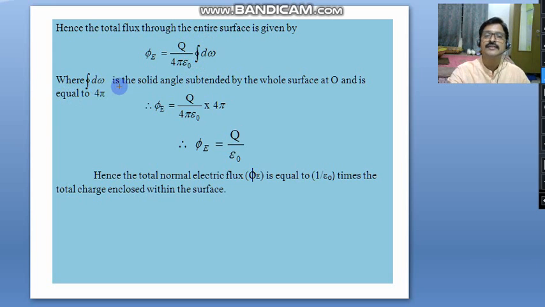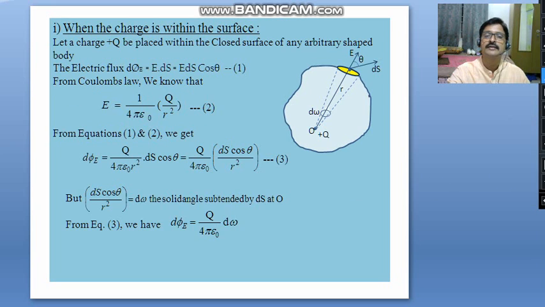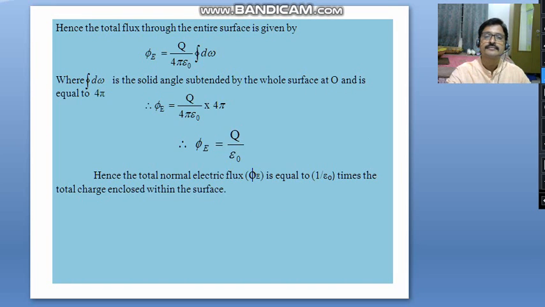Here, as we said in our earlier slide, d omega is the solid angle subtended by this small area only at point O. Now the integral of d omega means the solid angle subtended by the entire surface at point O, and the value of this